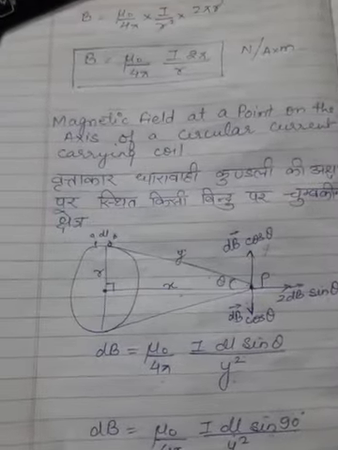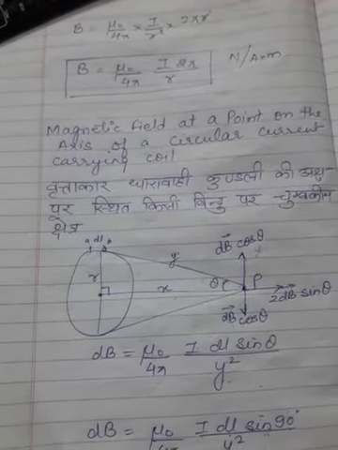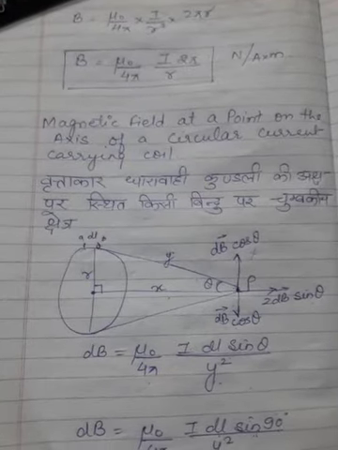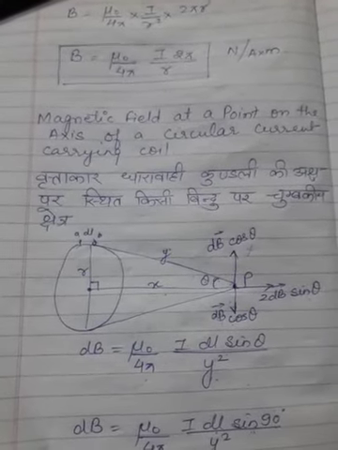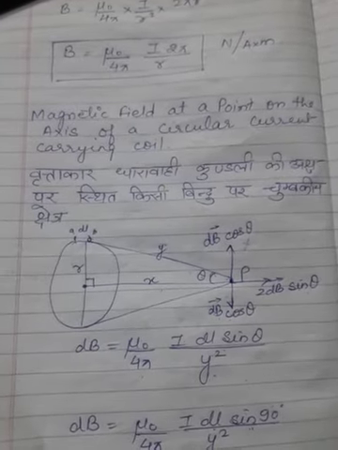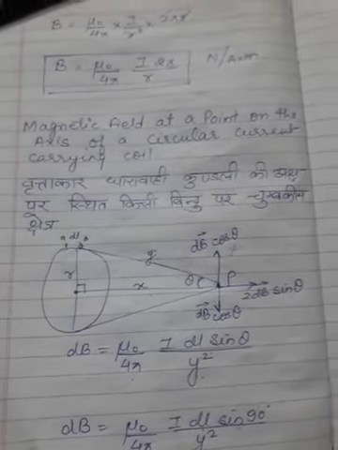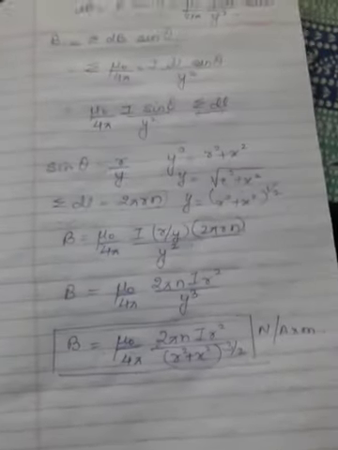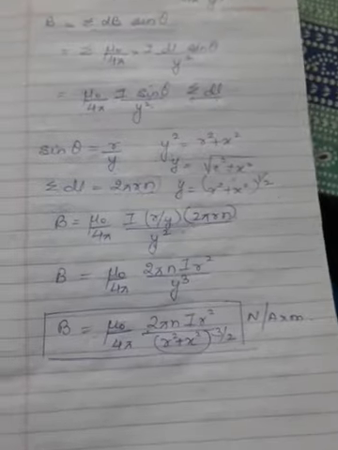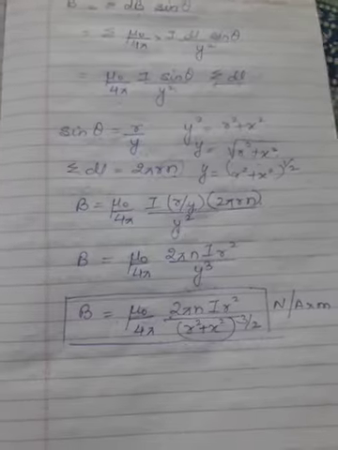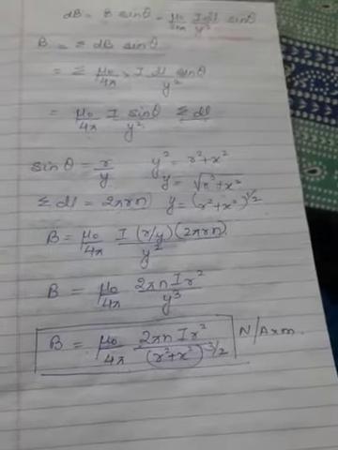Now, this is a relation which is very, very important. Out of any three, that means a straight line current carrying wire, current at the center and current on the axis, any three of these relations of Biot-Savart law are very, very important for you. Any of the three parts might come in your board exams. So, this is a very good relation of Biot-Savart law. The Biot-Savart law doesn't come directly, but it usually applies the applications that we had learned in the previous video and in today's video.